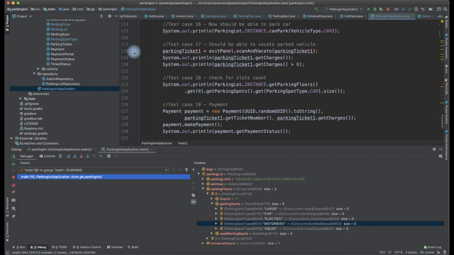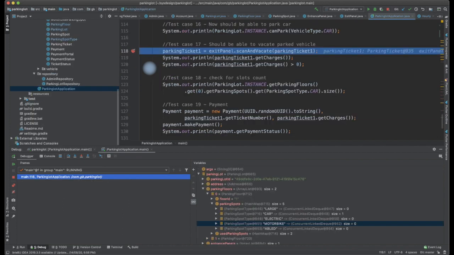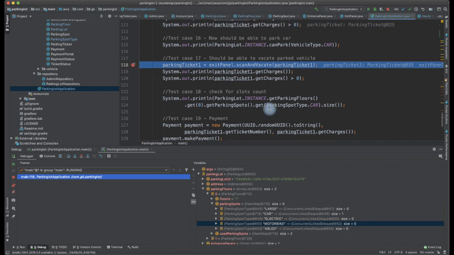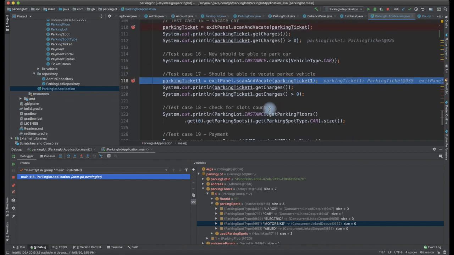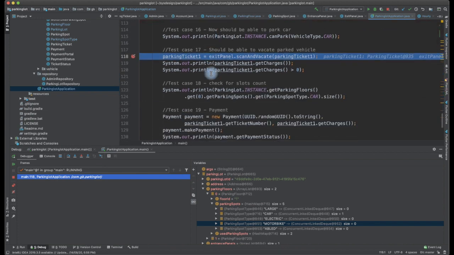Now the test case that we should be interested in is vacate. After vacate, we should be able to see the inventory getting updated to 1. So somebody vacated at this point of time. We have a size 1, and we should be able to add one more as well. I should have added one more car parking here, so that is why it is incremented to 1.